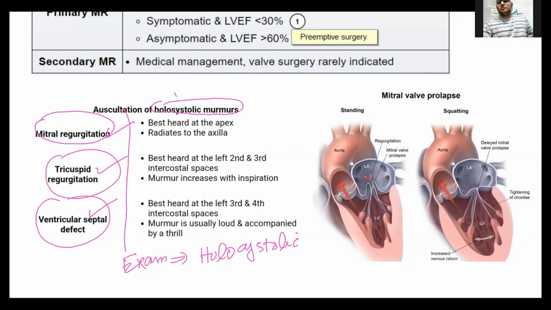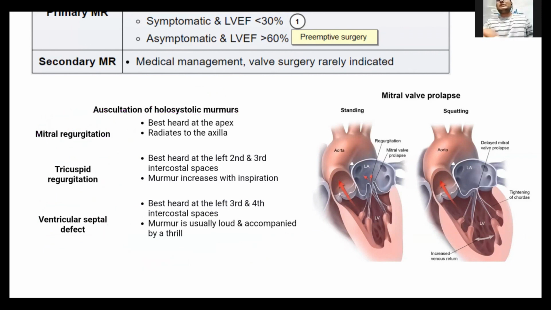ऑलवेज रिमेंबर, whenever you see the word hollow systolic, there are only three murmurs you can have the differential in your mind: mitral regurgitation, tricuspid regurgitation, ventricular septal defect. That's all, बस इन तीन के अलावा नहीं होगा। जिसका मतलब आपके सारे मरमर एक्सक्लूड हो चुके हैं, आपके पास hollow systolic के सिर्फ तीन मरमर हैं। और आपको पता है कि अगर वो वर्ड इस्तेमाल करे क्वेश्चंस में कि hollow systolic है एंड mitral एरिया पे है, अब मैं तो आगे सवाल ही नहीं पढ़ूंगा,